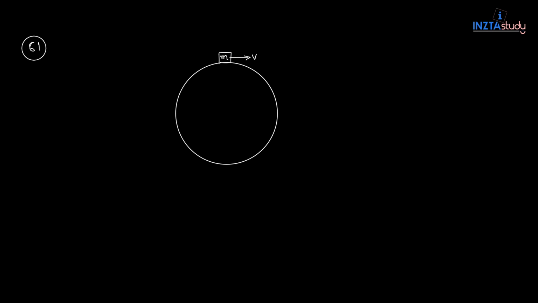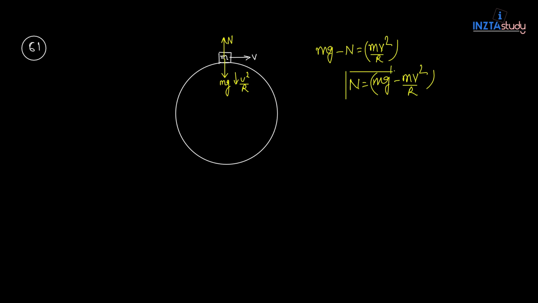Okay, so at this position, let me draw the FBD. What are the forces that are going to act here? First is the gravitational force, that is m into g. Second force is the normal reaction offered by the surface, that is N. And since it is performing a circular motion, there will be a net acceleration of v square by r in this direction. So we'll write that mg minus normal is equal to mv square by r. So normal at that location is mg minus mv square by r. So this is the normal offered by